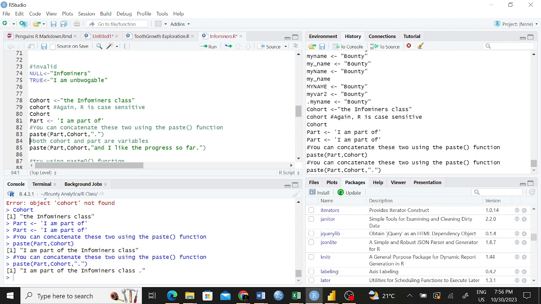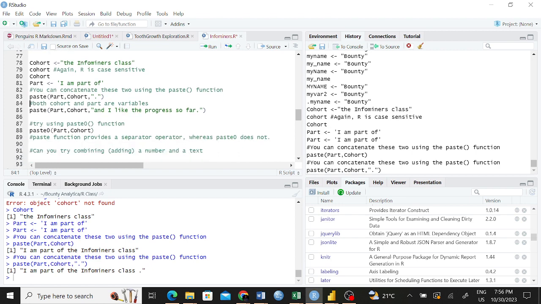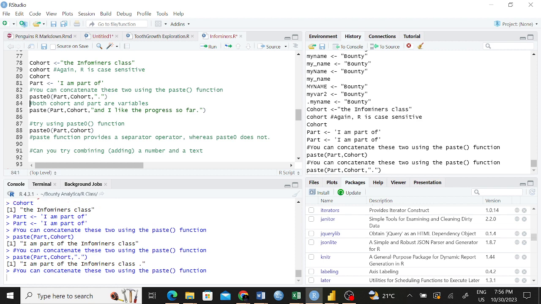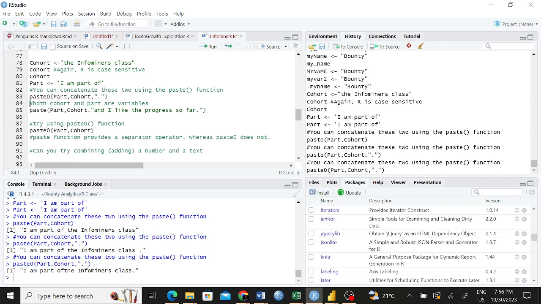But if you don't want any space to be between something, for example this full stop that you wanted to include, we're going to use a function called paste zero. This paste zero does not leave any space. Let me try to see if we add here paste zero and then add that period that you wanted to add. You'll see that it's different now. "I am part of the." You can see here it does not leave any space when joining two, because "I am part of" is